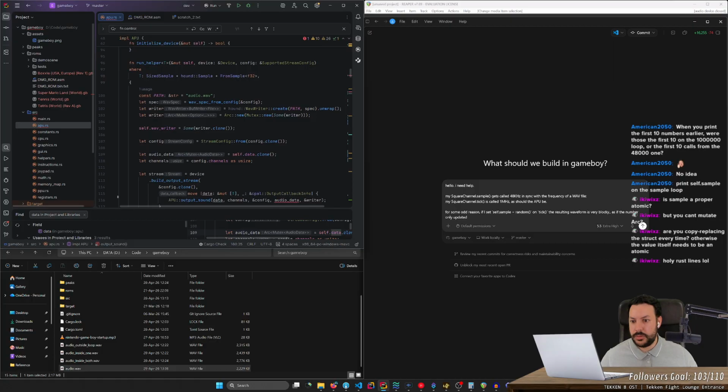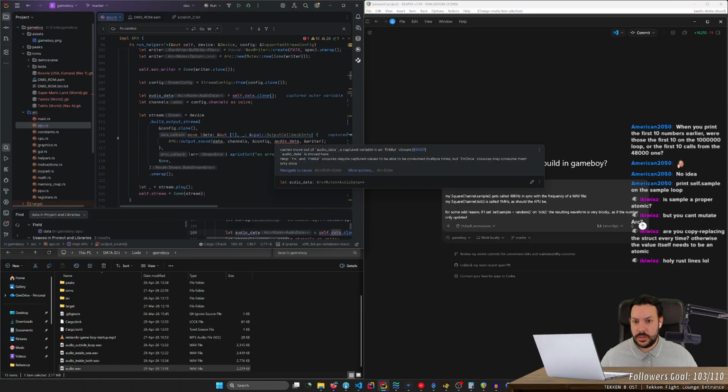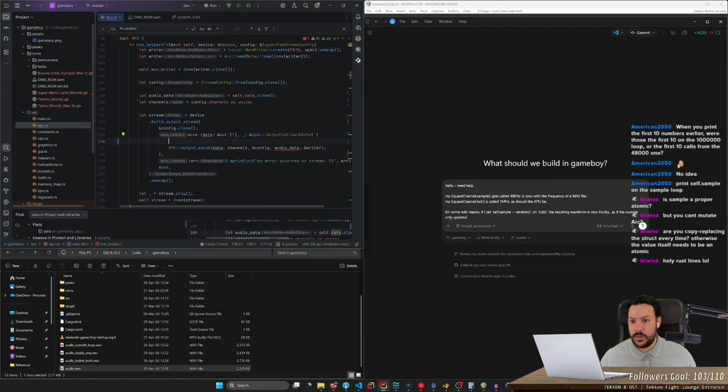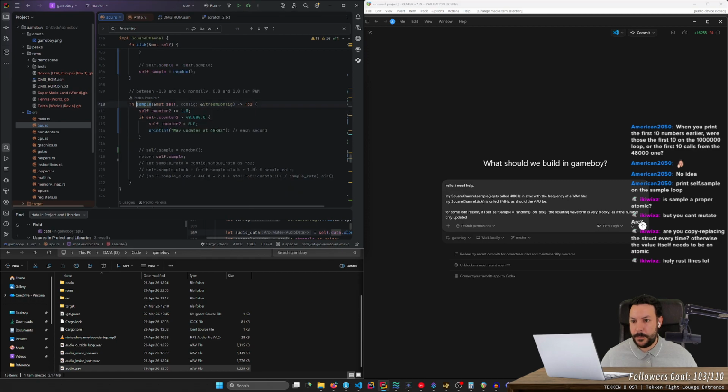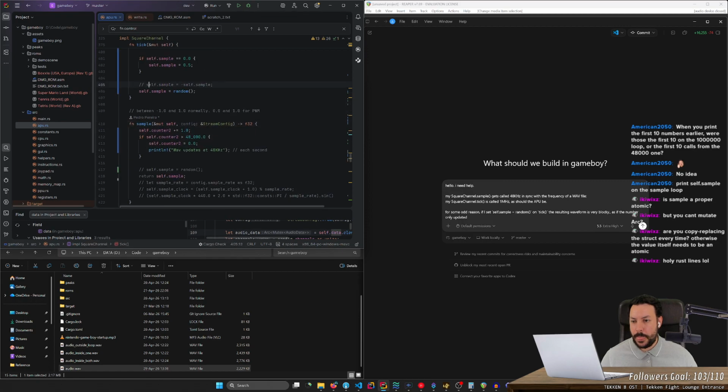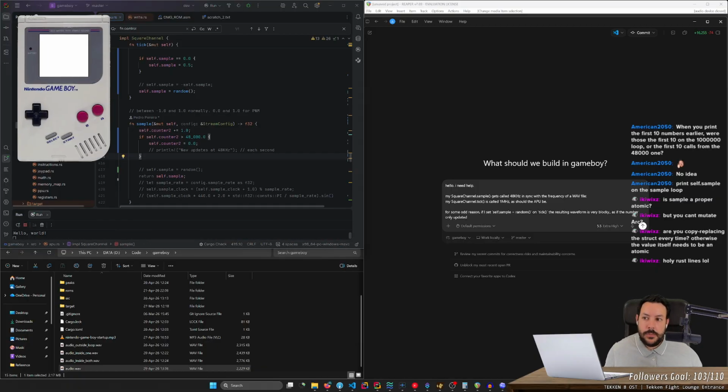Okay, what are you complaining about? Cannot move out of. Yeah, fuck you too. Let audio data equals audio data dot clone. I think this is gonna work. Yeah, I think I was just locking the thing way too soon.